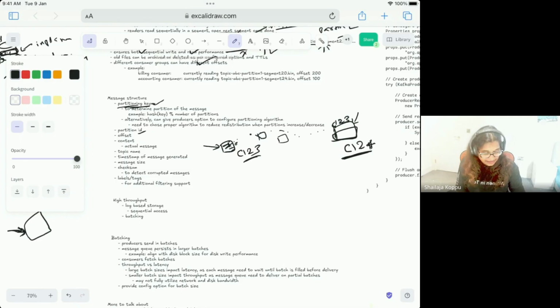It can send this bad message to the special topic called dead letter queue, or send an on-call escalation to the organization to look into this case. So instead of processing a bad message, you can always flag them and handle them. That's the reason anything you design, always have a checksum plan for that one.